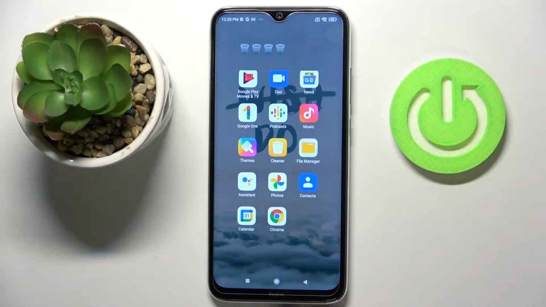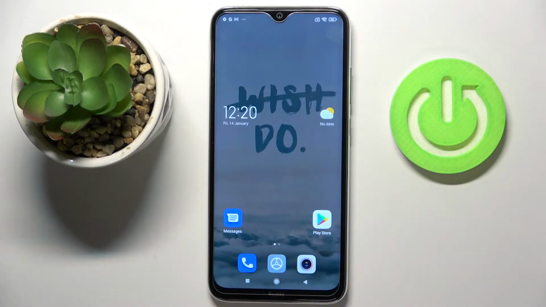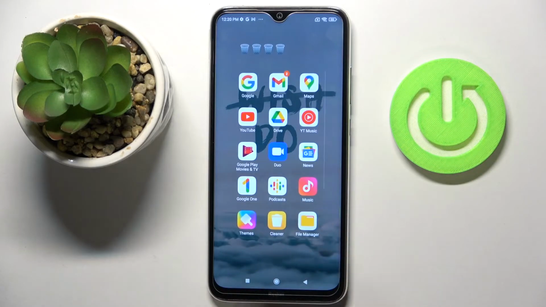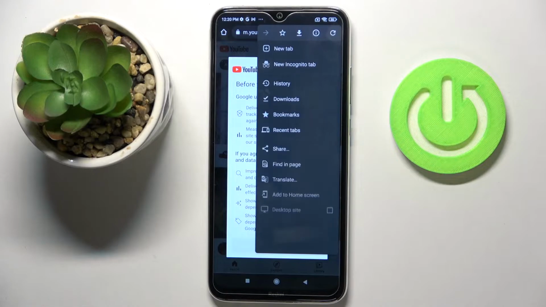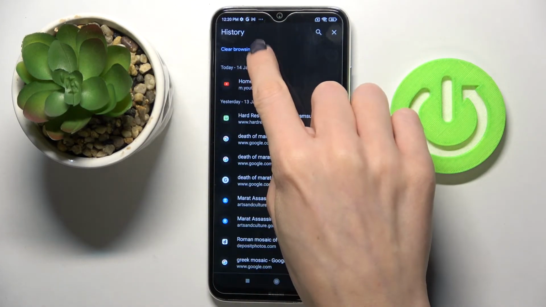In front of me is a Redmi Note 8 from 2021, and let me show you how to clear browsing data on this device. So at first, let's open the browser that you are using, then tap on the More icon and select History. Click on Clear Browsing Data then,